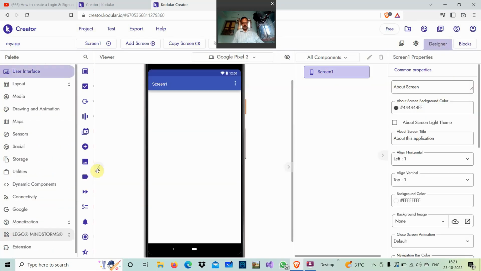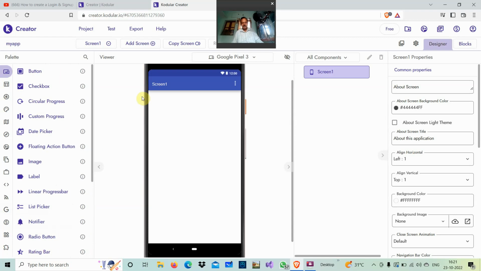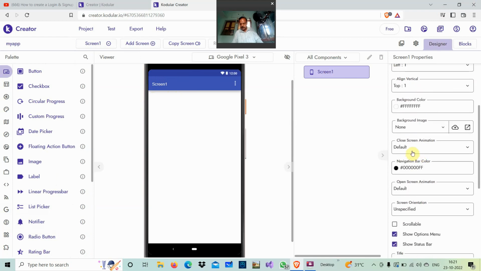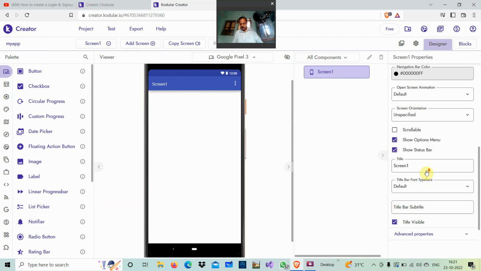The project name is my app, and you see a screen already appearing in front of you. Now click the screen here, Screen1, and you can see all the properties on the right-hand side. That is the Screen1 properties. Here the alignment and everything, you can see the screen name also. If you want to change the default name given as Screen1,